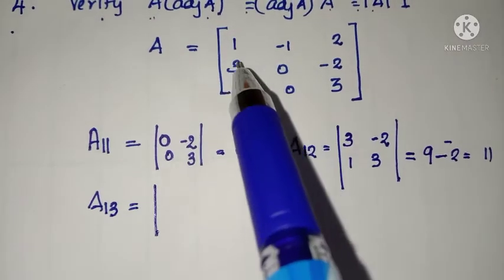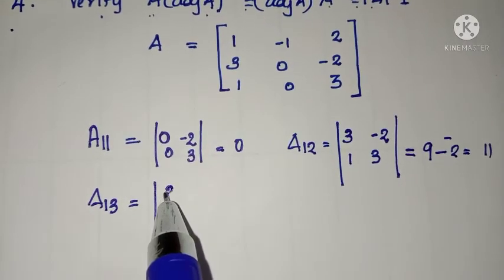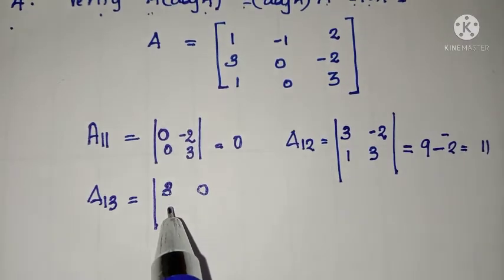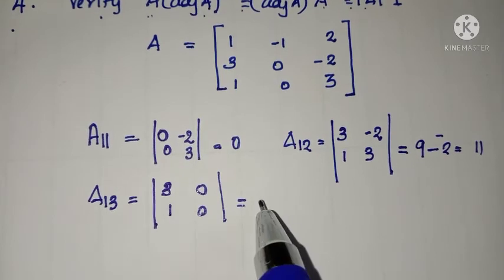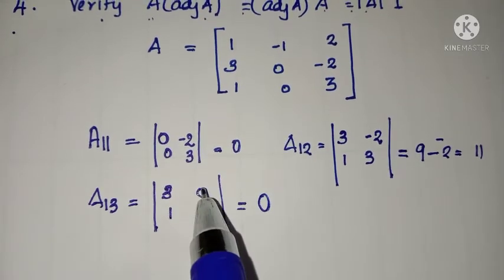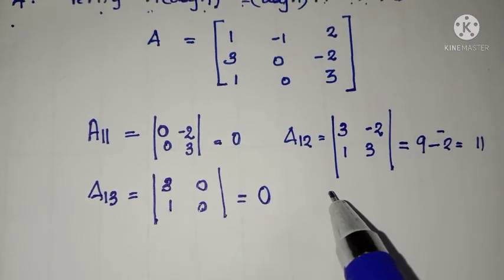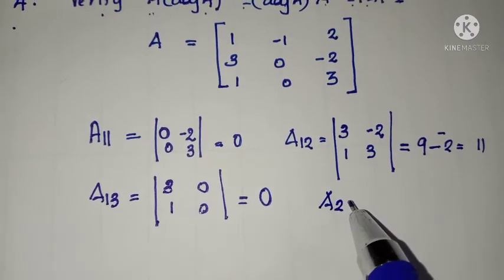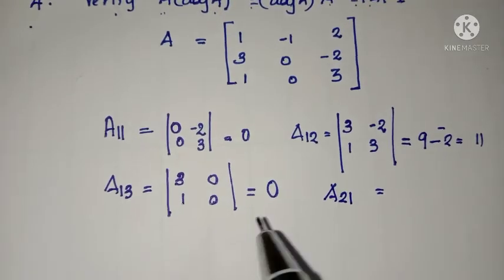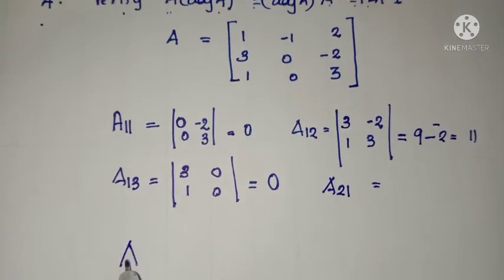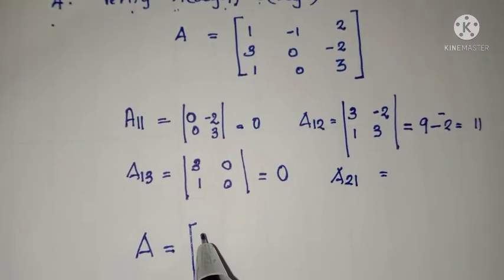A13 is deleting first row, third column. So the remaining entries are 3, 0, 1, 0 and its determinant is 3 into 0, 0 minus 1 into 0, 0 gives 0. Similarly, we can see A21, A22, A23 and so on, and therefore the cofactor matrix is obtained by, listen children, 0,